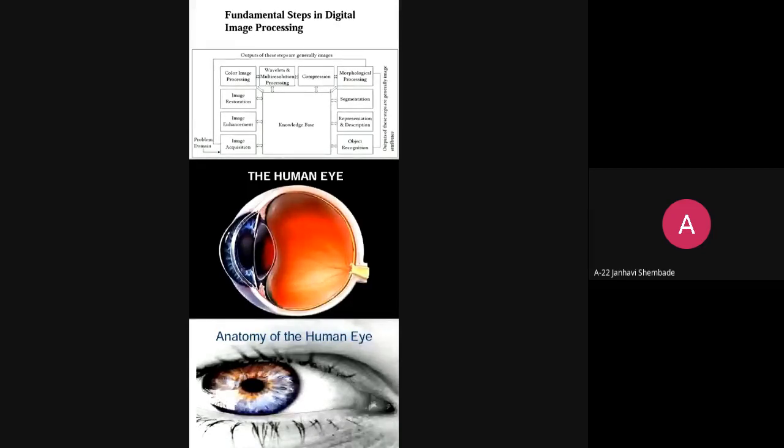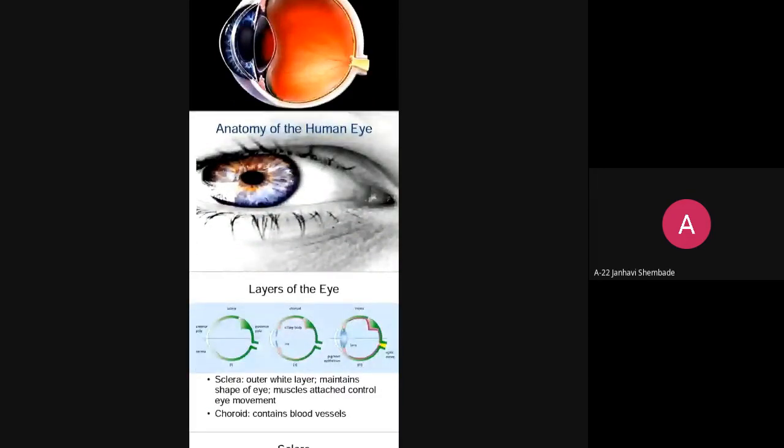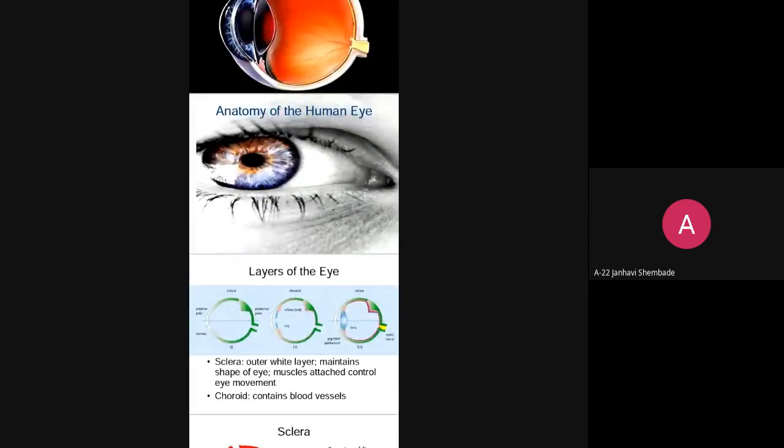Okay. So today we are going to study the structure of the human eye. We have to study the anatomy of the human eye. Anatomy means what is the internal structure of the human eye, what is the purpose of the human eye, and how the human eye functions. Generally we observe any images by using the human eye. So how does our human eye work, what are the internal parts of the human eye, and what are the functions of the internal parts? That we have to discuss in today's lecture.